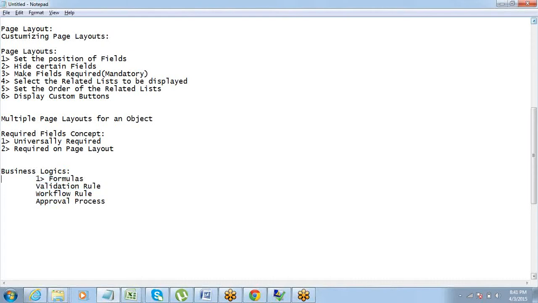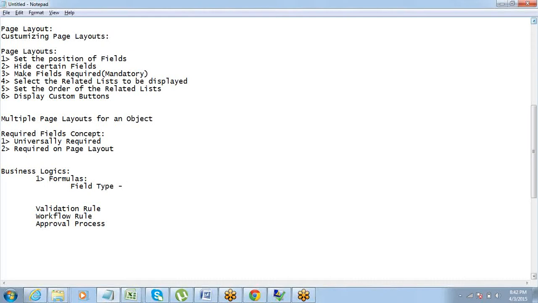Okay, so the first is formula. Now what is a formula? While you create a field, you must have seen that there is a field type called formula. So formula is just a field type, a different type of field where you can put a formula, and this formula will automatically calculate some value, right?